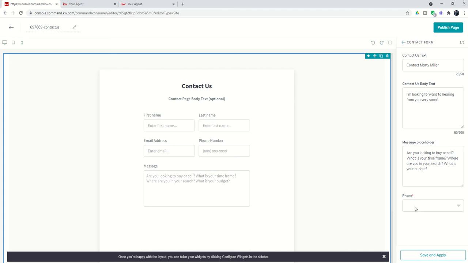But then I do need to come down and fill in phone number, right? So these are actually being pulled from your marketing profile. I don't believe I have the ability to type in one. I would have to choose one of these. If this isn't the phone number you want to use, you would go back to your marketing profile and your settings and adjust that. So we're going to click on save and apply, and then I'm going to publish this